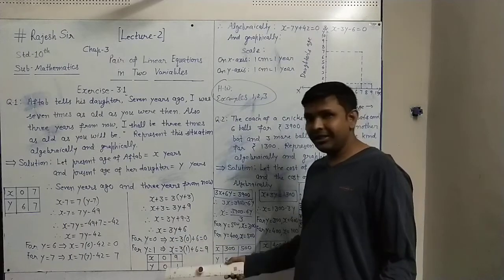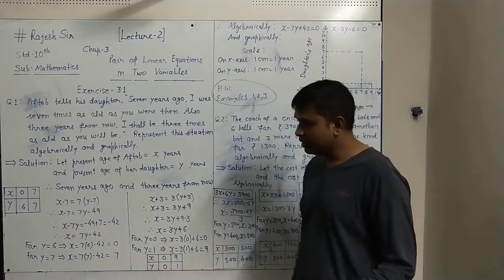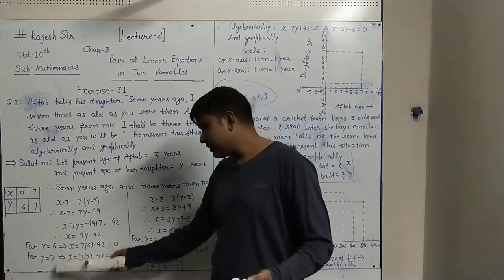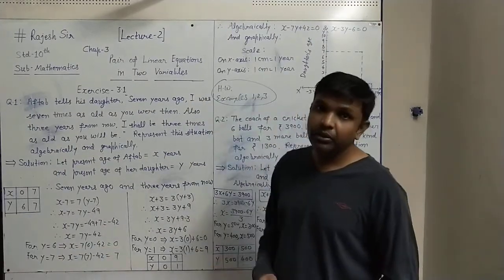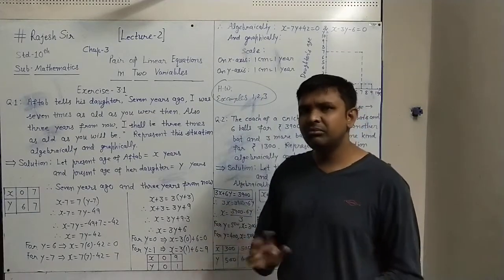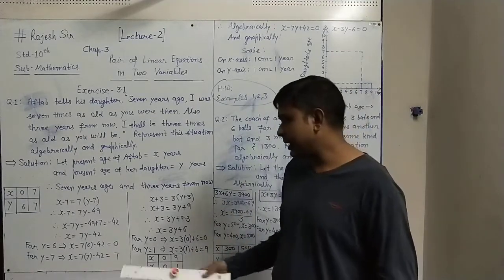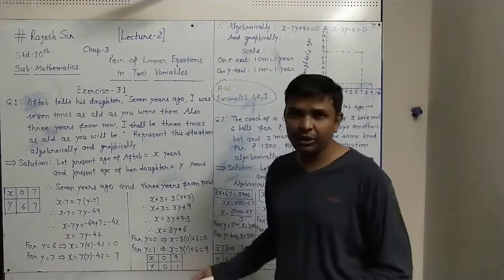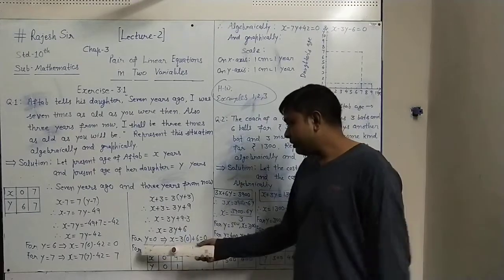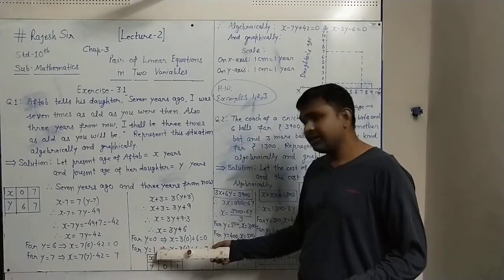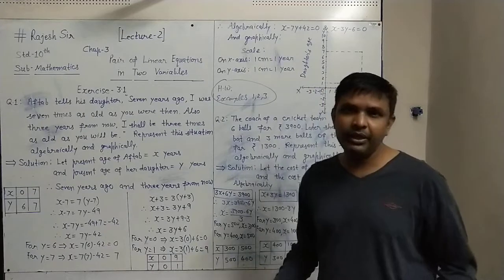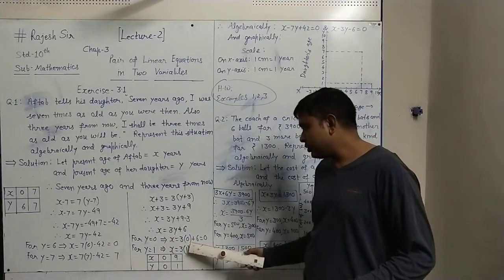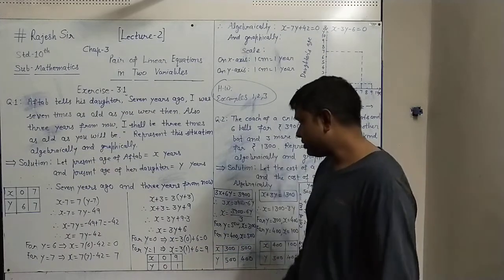Now putting again any two values of y, here also you can take any two values of y. It's not necessary that I have taken 6, 7 and you also have to take the same. You can take any value, but if you take between 0 to 10, it will be better. For any value of y, you have to find the corresponding value of x. Similarly, y equal to 0, y equal to 1 I have taken. You can take any value, 5, 6, 7, 8, any value you can take. For y equal to 0, x equals 3 into 0 plus 6, it will give 6.